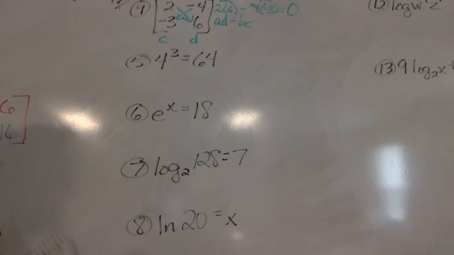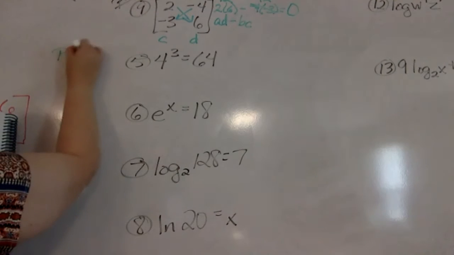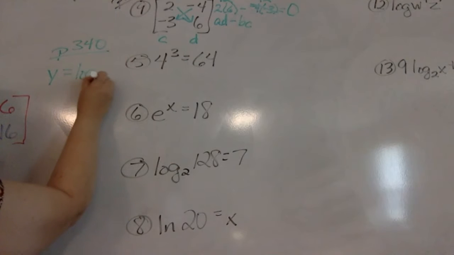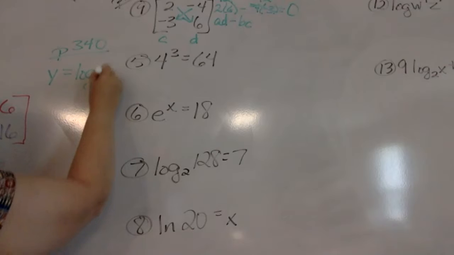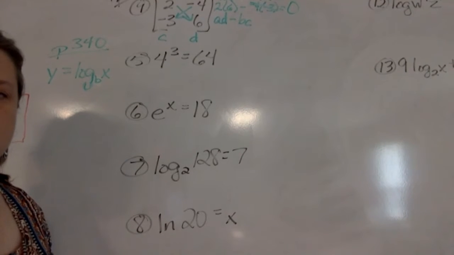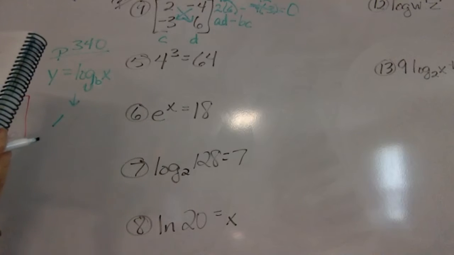All right, so it was down here, the main rule that we used over and over. It was on page 340. And with that, y is equal to log b of x. Okay, that's our basic one. Now with this, that is the same as x being equal to